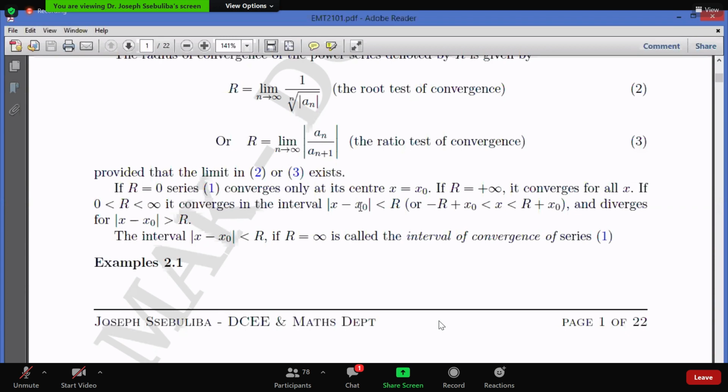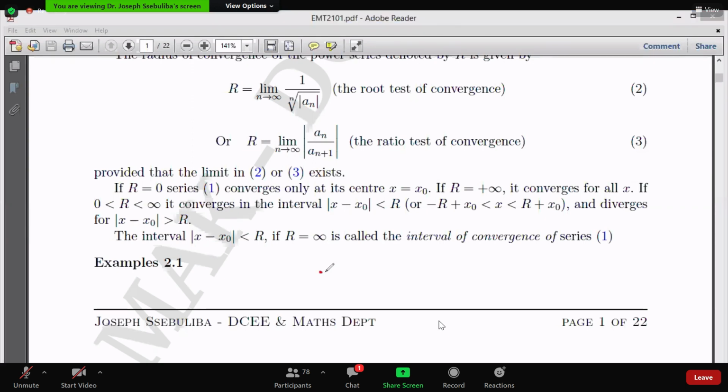You're basically targeting getting x in the middle. So if you target getting x in the middle, what will happen? Since this whole thing is less than the R, and it is a norm, it means you can have positive and minus. So it's like you have a negative R here, which is less than